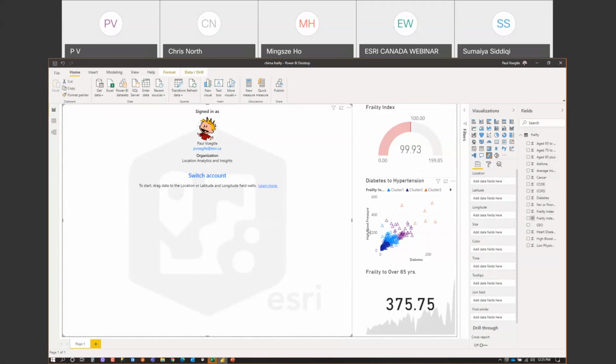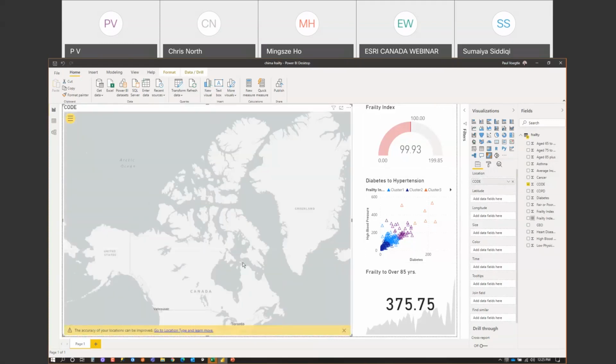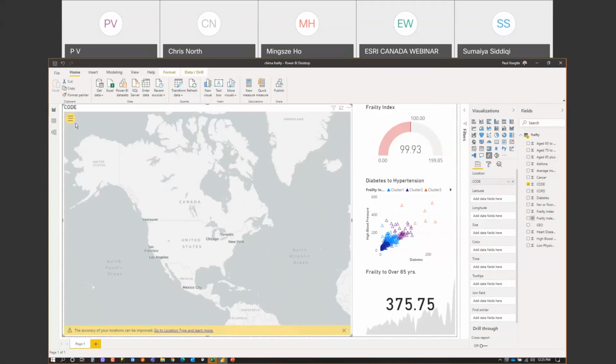We're just comparing some charts in here, but it's really this area here in the mapping application. So I have my map and I'm going to bring in some data. Now we can do this by location if you have addresses, if you're linking to a polygon, which we're going to do. I'm just dragging that data over and I've created a code. Now it's not the best code right now because I'm not linking it to anything exactly here, but we've opened up our map and now I'm going to go to my table of contents